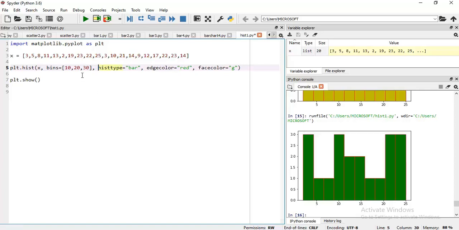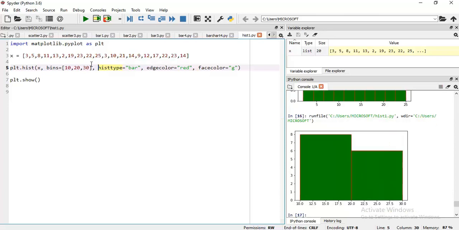Here what I am doing, students, in this graph the bins, meaning class intervals, are taken by pyplot itself. It is the default. But now I am not happy with this default value. I just want to create my own class intervals, meaning 0 to 10, 10 to 20, 20 to 30. Let me see how it is working. This is the result, 0 to 10, 10 to 30. If you are not happy with this, you may change it to something else, like 5 to 10. You may put any kind of interval, whatever you like.